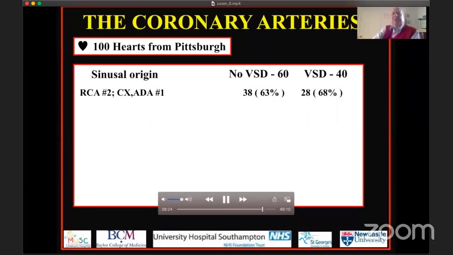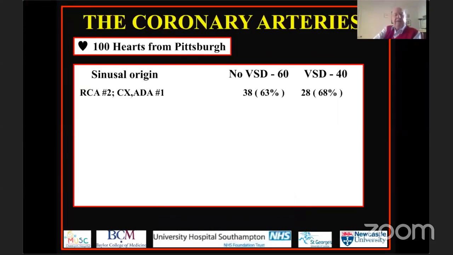So what we need to do is to describe the sinusal origin of the coronary arteries as a starting point. And this is now nicely done by using the so-called Leiden convention, where we say whether the coronary arteries arise from sinus number 1 or sinus number 2. And so here you see the commonest pattern, and we took 100 hearts from Pittsburgh a long time ago, and we analyzed the coronary arterial patterns. And here you see that of those 100 hearts, 66 of them had what we can think of as the